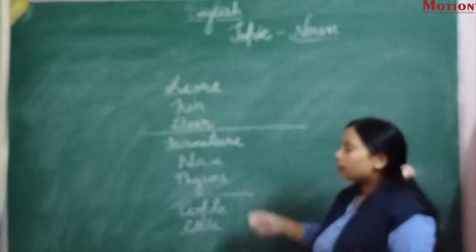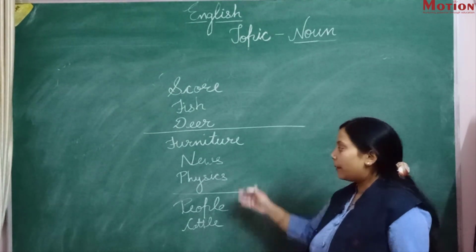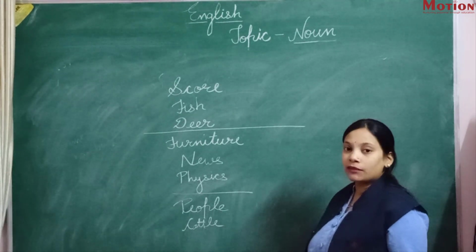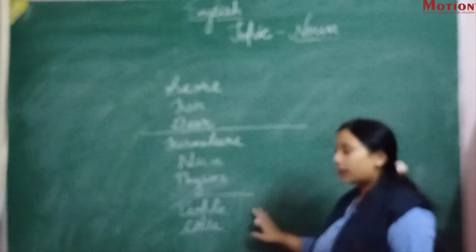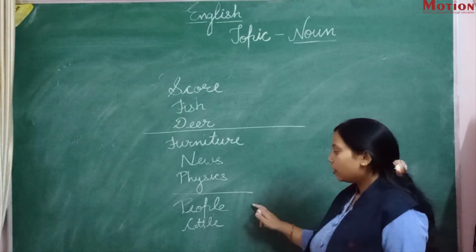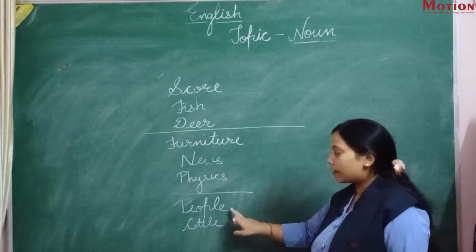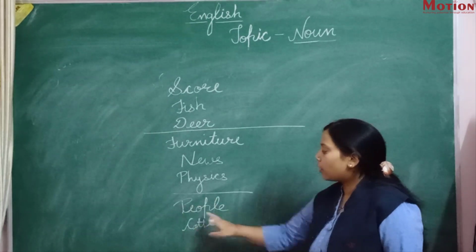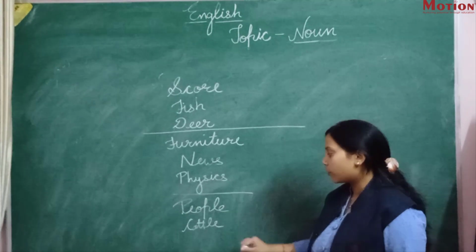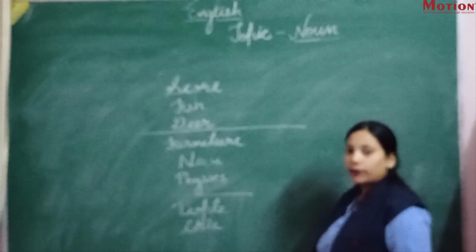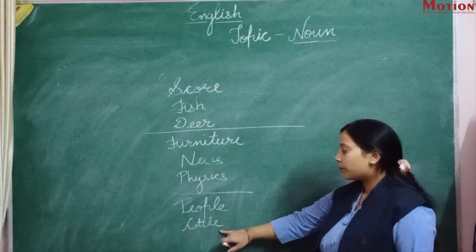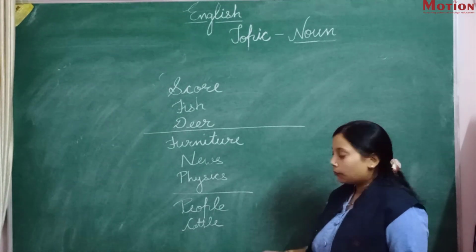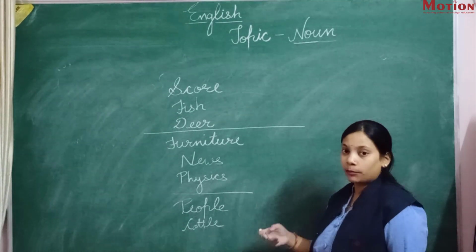There is some breaking news coming. Physics is a very interesting subject. People are roaming around. We will not use it as a singular, it is a plural, but people, a group of persons. Cattle are grazing in the fields. Cattle is a group of animals. We will not use cattles. Cattles will be the wrong one.